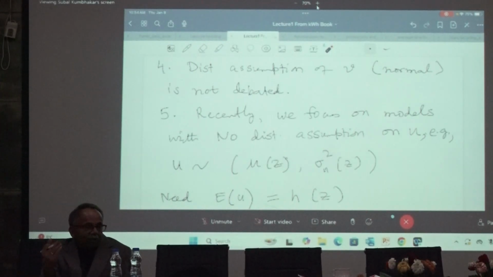We did it in the very beginning without Z variables, but nowadays everybody is talking about inclusion of some Z variable, and these Z variables are policy variables. So if this is the case, then we can estimate the model without any distribution. Okay. So now again we are heading to a situation where we just say, well, look, if you don't like